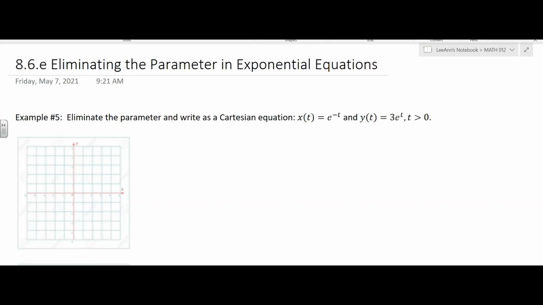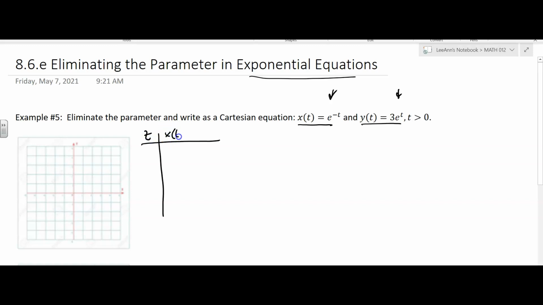Okay, so now we're going to eliminate the parameter, and we have exponential equations. And they happen to be with base e, and that's okay. Let's assume that we like the parametric equations, first of all. So let's say we like that, and we like that, and we just want to graph it based on the parametric equations. Then you would set up a table with t, and then you would have